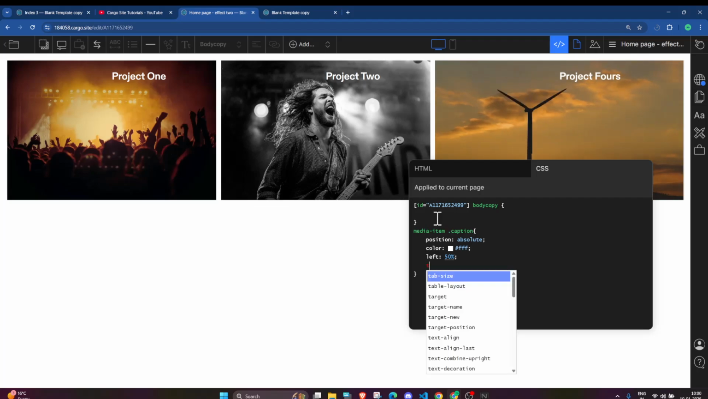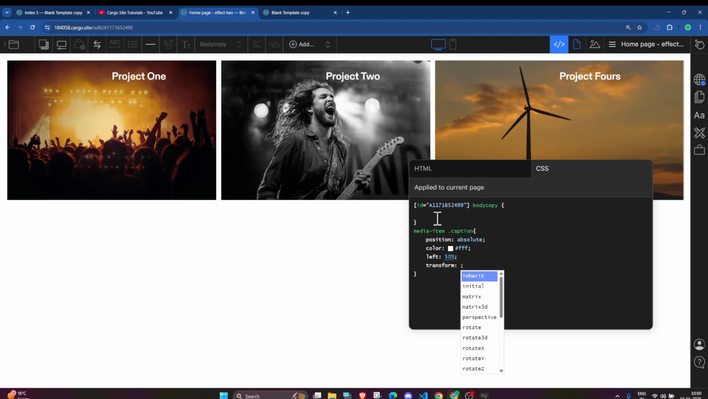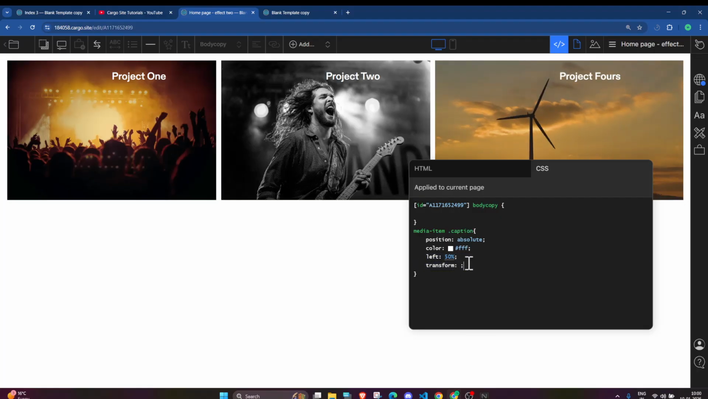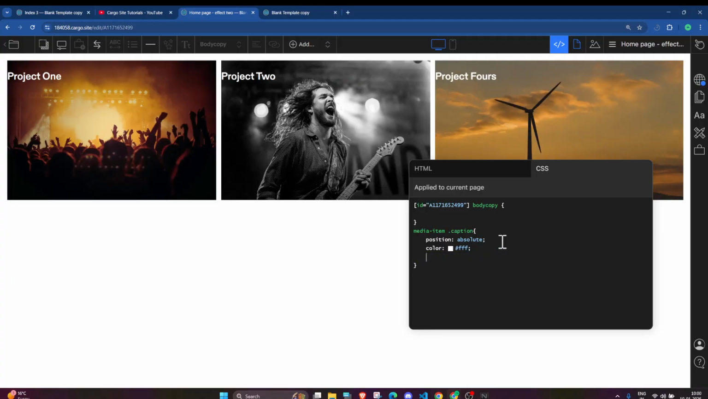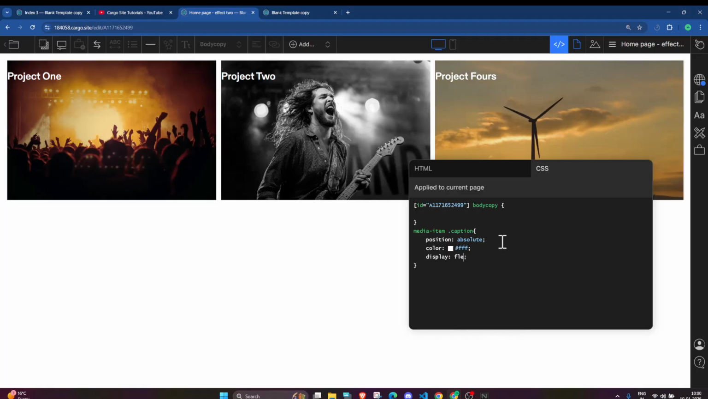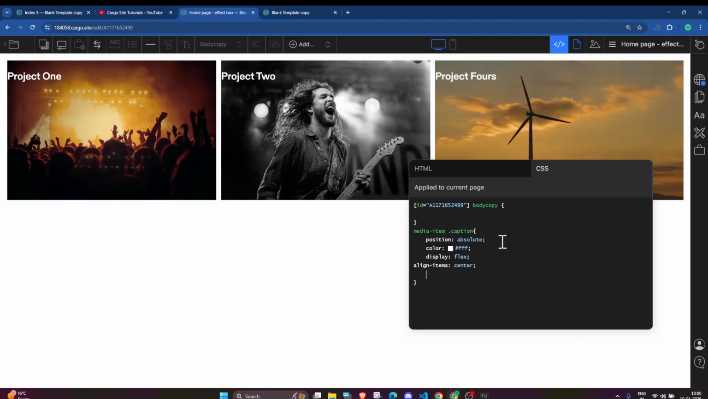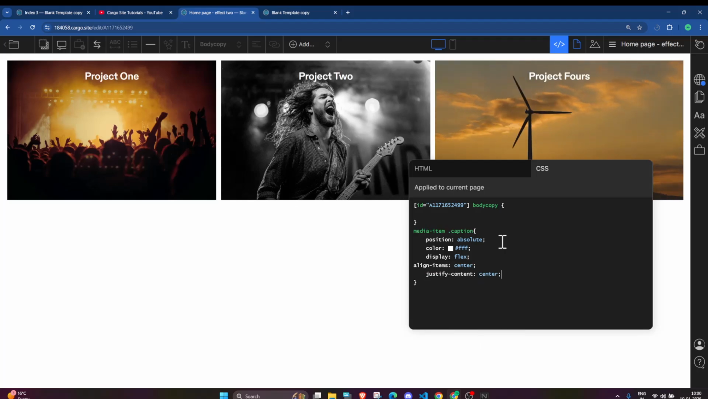I will add the transform to align this thing. Like, you can also position like we did previously. So let me just add that way again, so that you do not have any confusion. Display flex, align items center, justify content center. So you can see that the justify content center is working, but align items center is